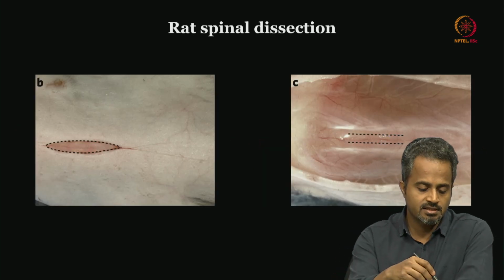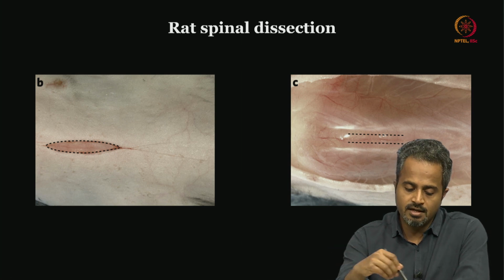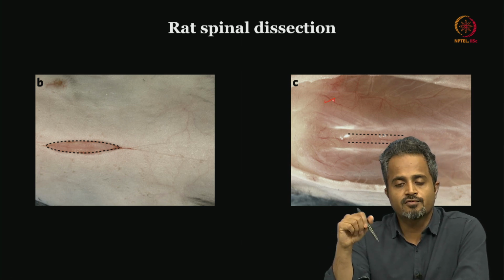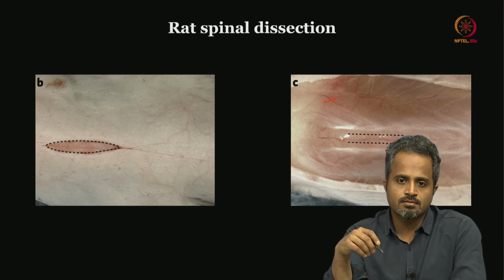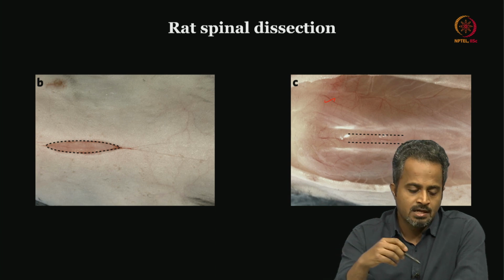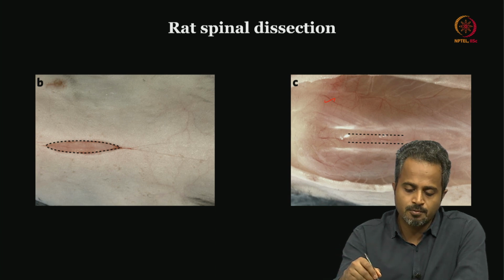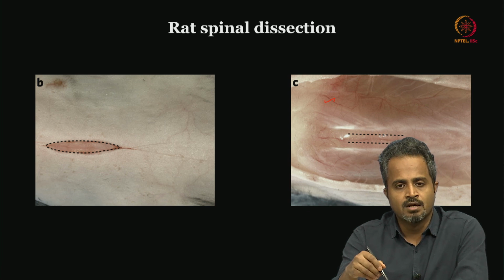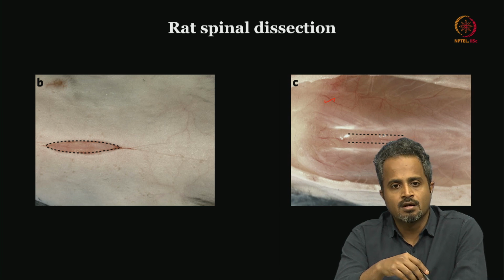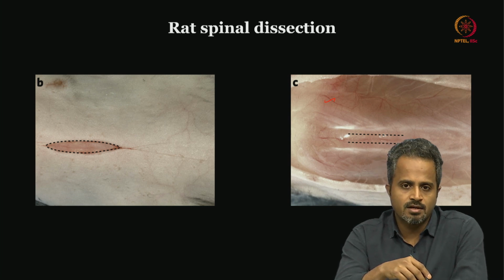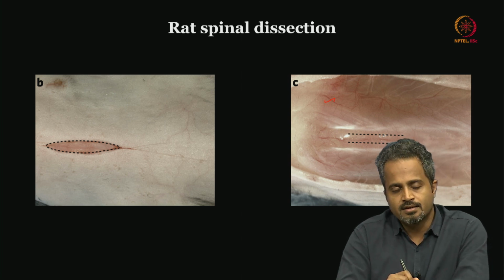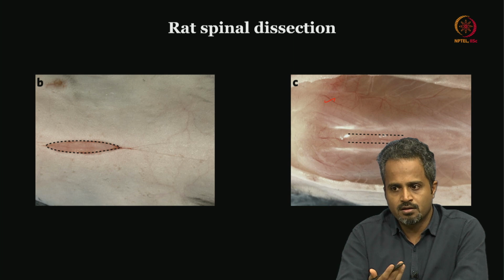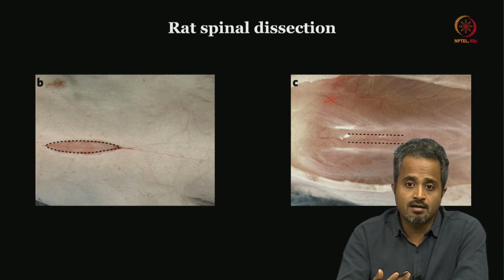Once you make the skin incision, the first layer is the muscle. As I said, if you remember the three-dimensional anatomy which I showed last time and the various muscle groups that I explained. Obviously the subcutaneous tissue will be along with the skin. The subcutaneous tissue fortunately is pretty thin over the dorsum, over the spinous process, but there is this body habitus that we will be discussing when we probably deal with the animal handling and animal selection